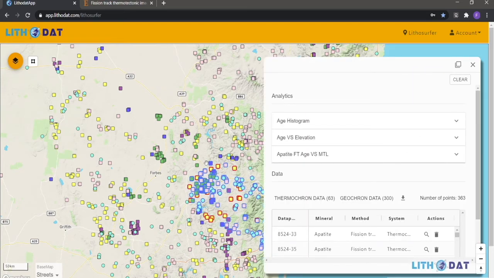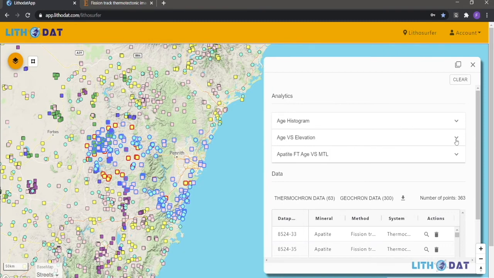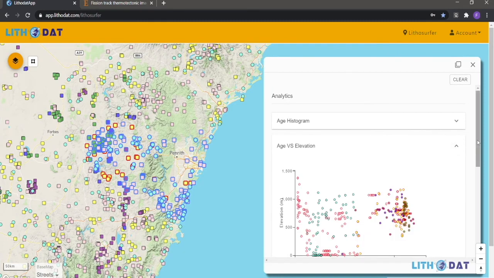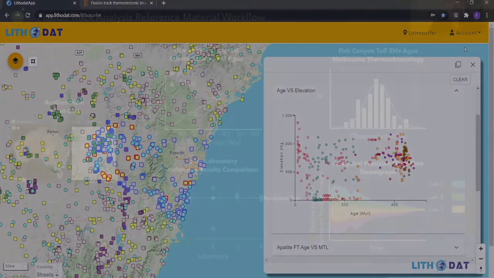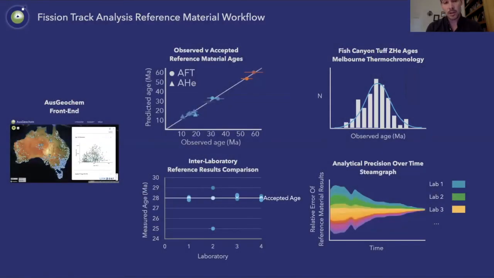And again, here we'll look at age versus elevation. And what you'll see is that the color of the plots relates to the type of data. In addition to the various visualization and analytical functionalities that I've just displayed, one of the important aspects of